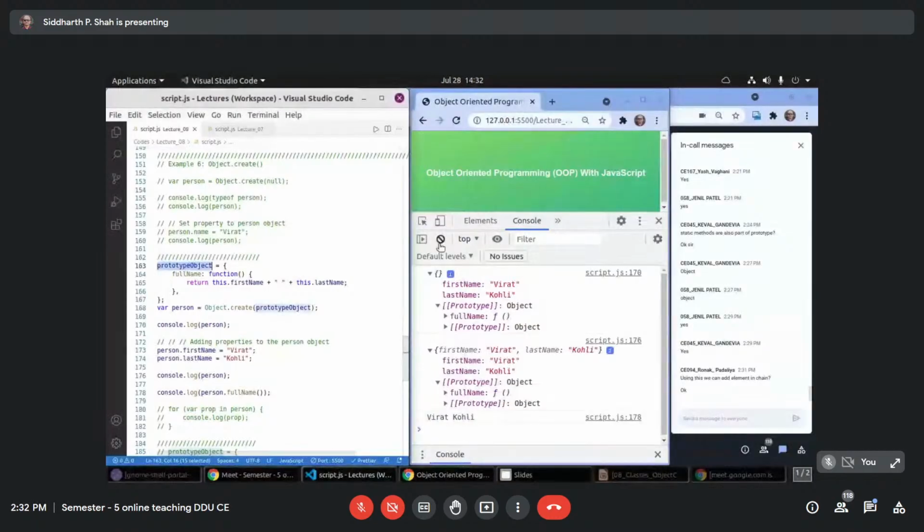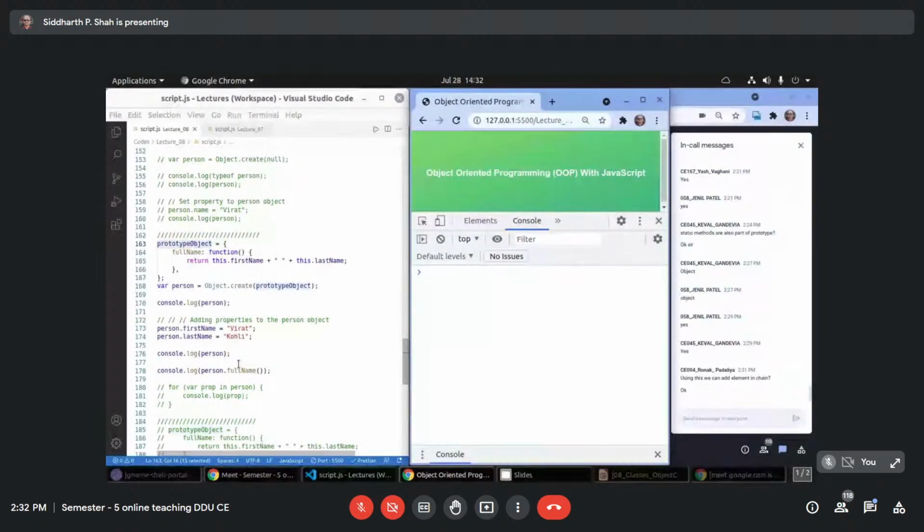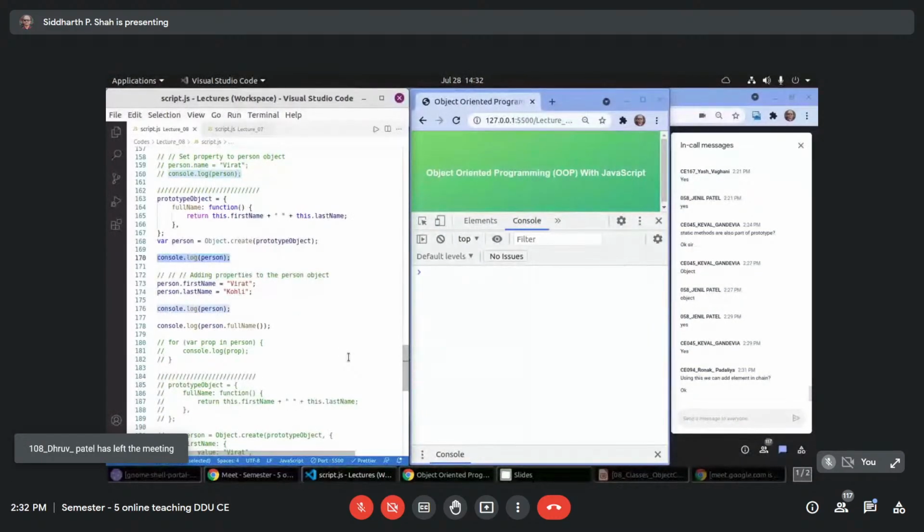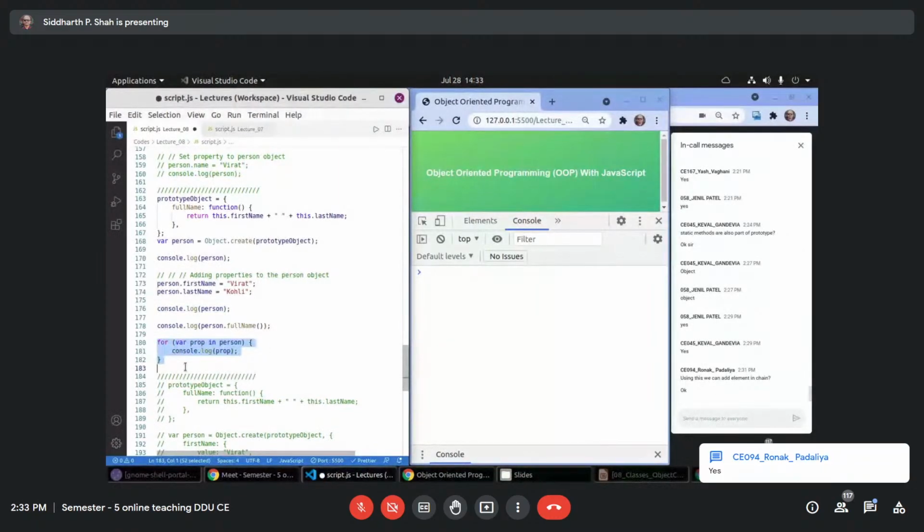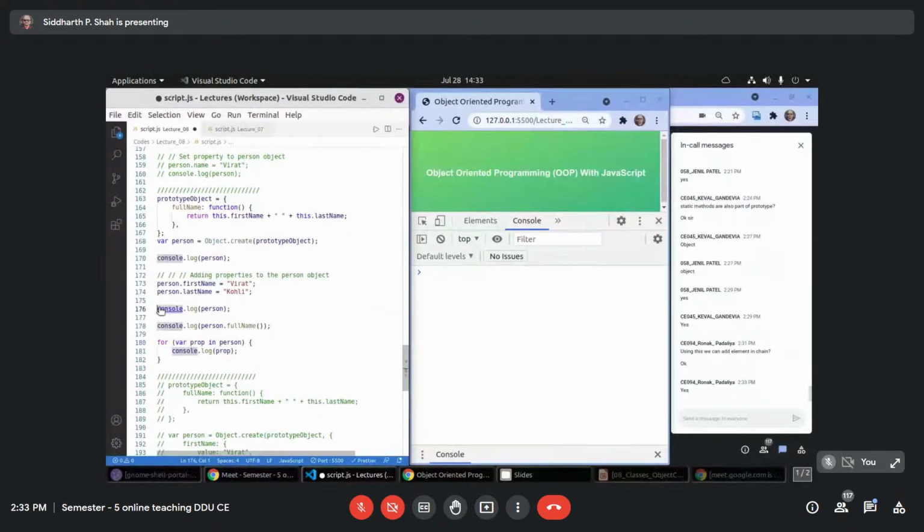Are you getting it? Now, can you tell me what this will do? If you remember, person is an object. I take one property at a time and I print it.